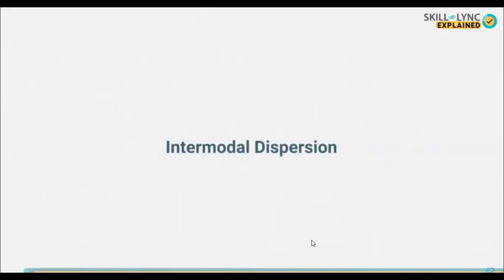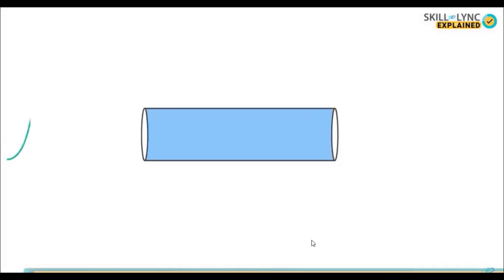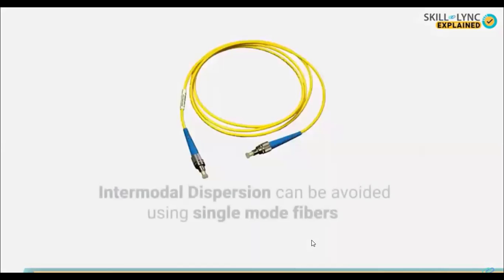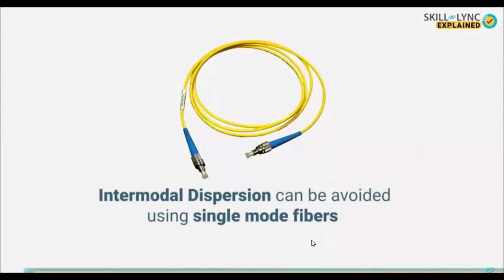First, we have intermodal dispersion. The light signal travels as groups of modes. When these pulses travel inside the optical fiber, they are delayed by different amounts. This results in the waves reaching the destination at different times. At the destination end, each of these pulses overlap because of the time delay and becomes indistinguishable. Intermodal dispersion is observed in multi-mode fibers. One way of avoiding intermodal dispersion is by using single-mode fibers.